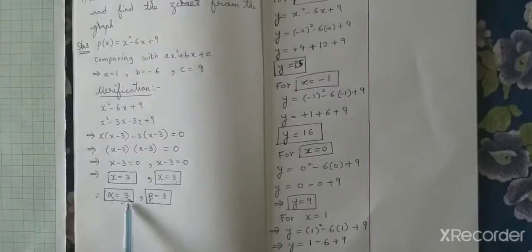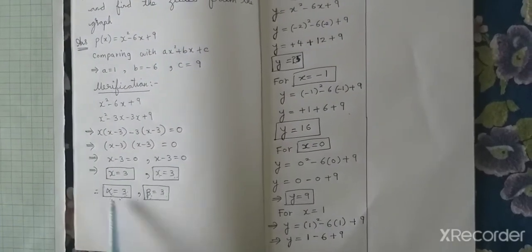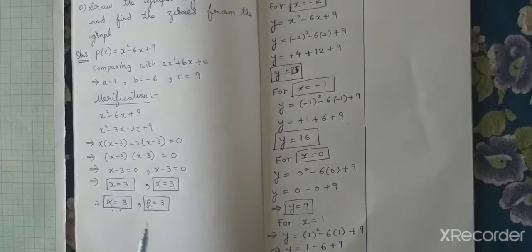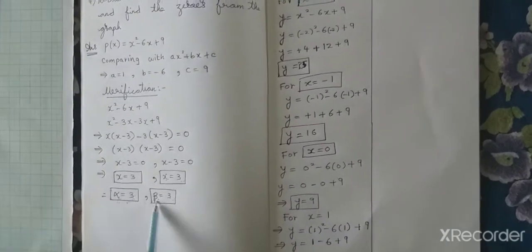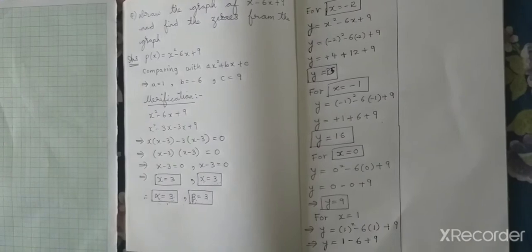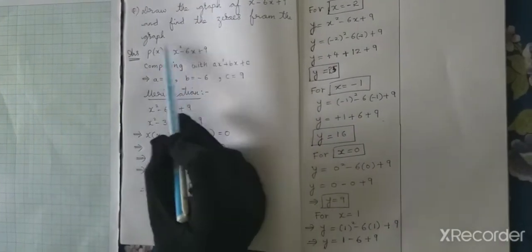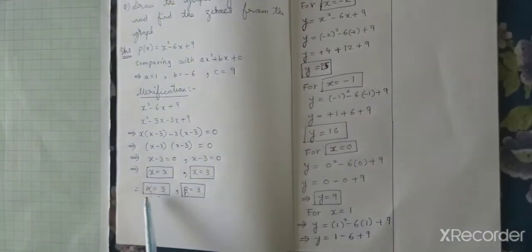So what did I do? Alpha is one zero, another zero is beta. What do you mean by alpha and beta? In any equation, the zeros are indicated by alpha, beta, and in cubic you will have one more term, that is gamma. But here, since the equation is quadratic, that is the degree is 2, you have two zeros